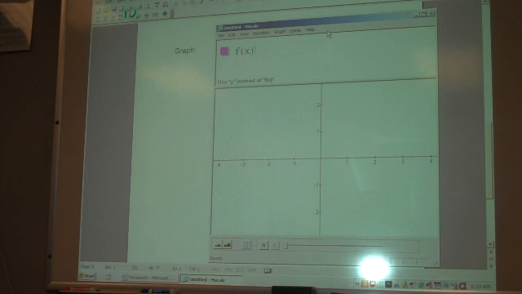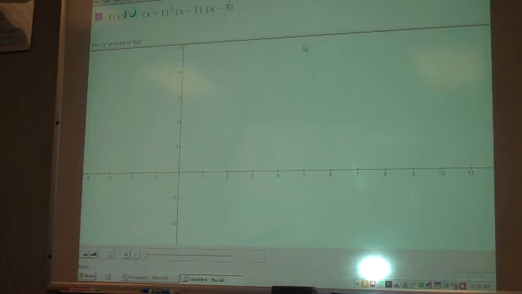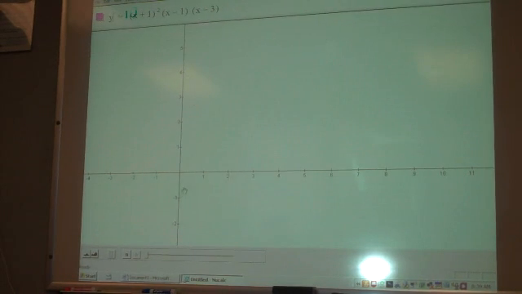From your notes, what was my function again? X plus 1 squared, x minus 1, and x minus 3. Okay, before I hit enter, use y instead of f of x. Right, picky software. Okay, before I hit this,